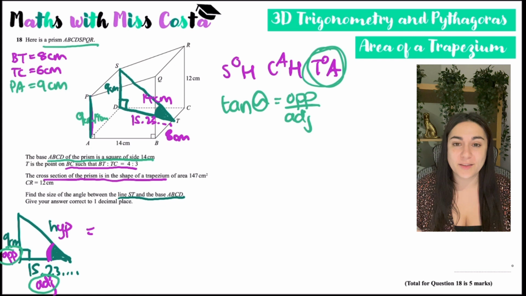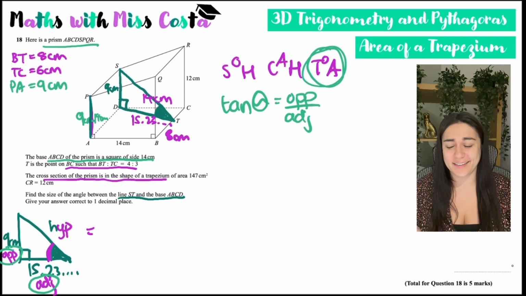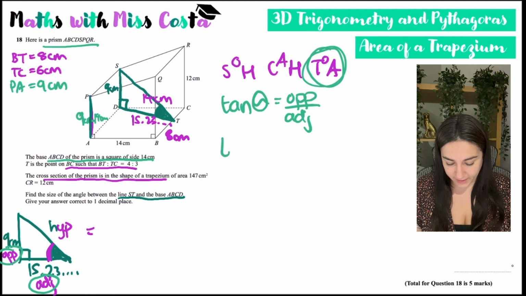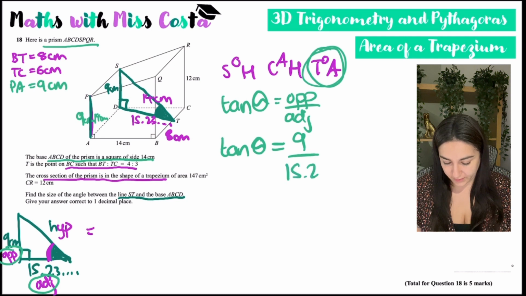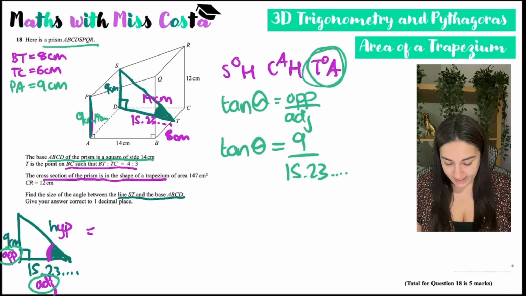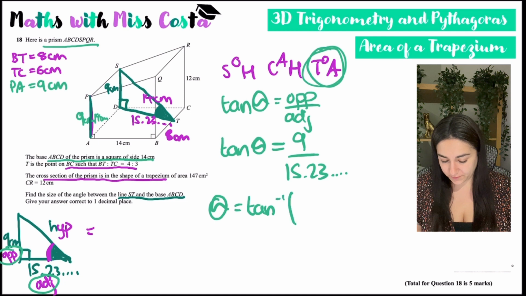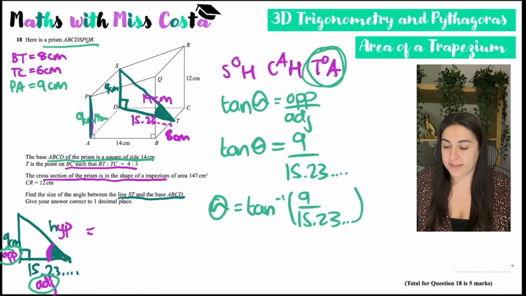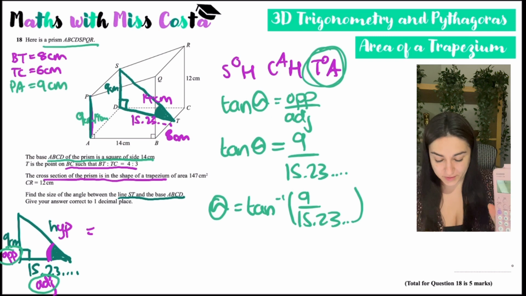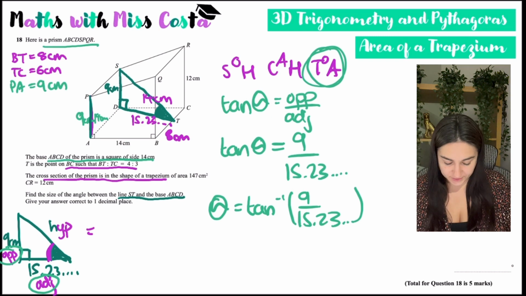Obviously you don't have to write out the formula, but it's always helpful in case you get stuck or muddled up because it is a really long question. So let's substitute what I know. I know that tan theta is going to be opposite, which is 9 over 15.23. And I'm not writing out all the decimals because it's saved in my calculator as the answer. And to work out theta, I am going to do shift tan on my calculator. So shift tan, like that, it will appear, tan minus 1, and then you just put the fraction in, 9